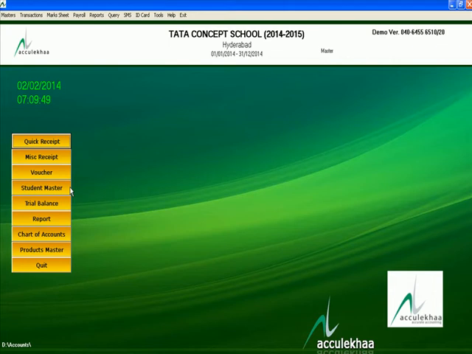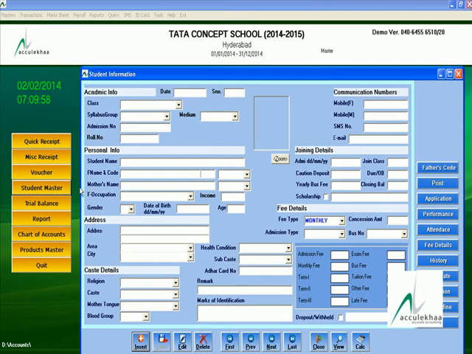For entering the student data, you have to click student master, then you will get a screen like this. In this you have to use the insert button, then automatically it will give the serial number. This is the computer serial number,